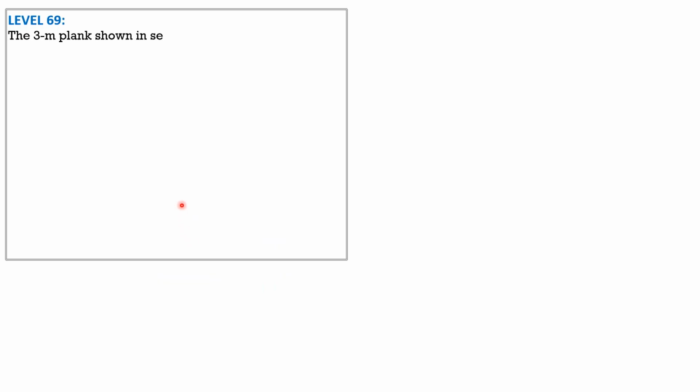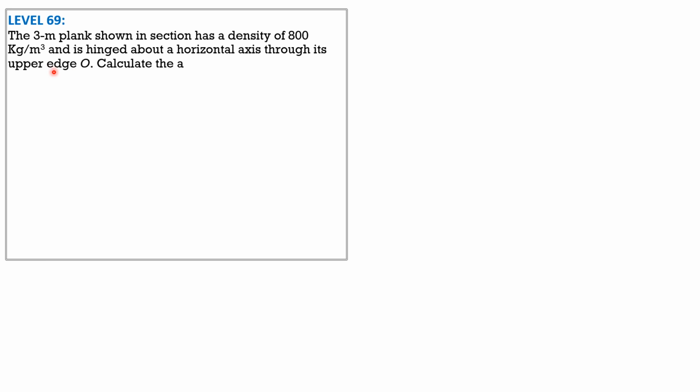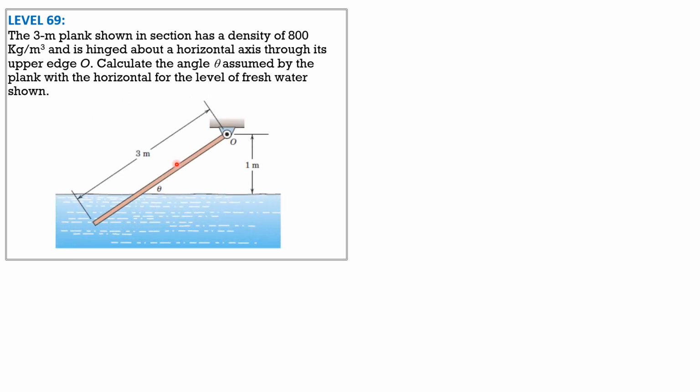Level 69. The 3-meter plank shown in section has a density of 800 kilograms per cubic meter and is hinged about a horizontal axis to its upper edge O. Calculate the angle theta assumed by the plank with the horizontal for the level of fresh water shown. So this is the uniform 3-meter plank. The weight acts at the center of gravity, which is 1.5 meters from O and 1.5 meters from this end,